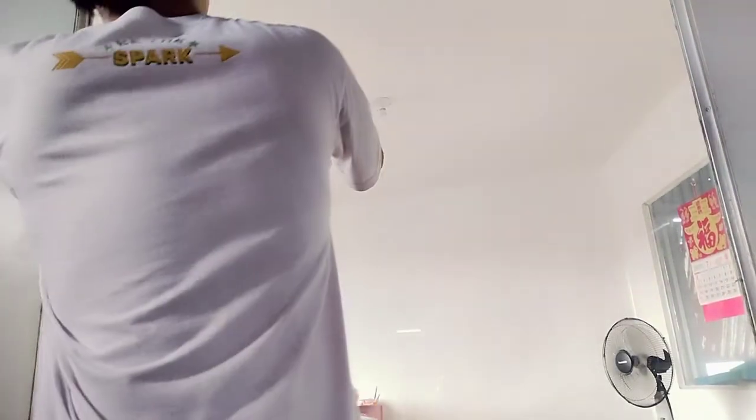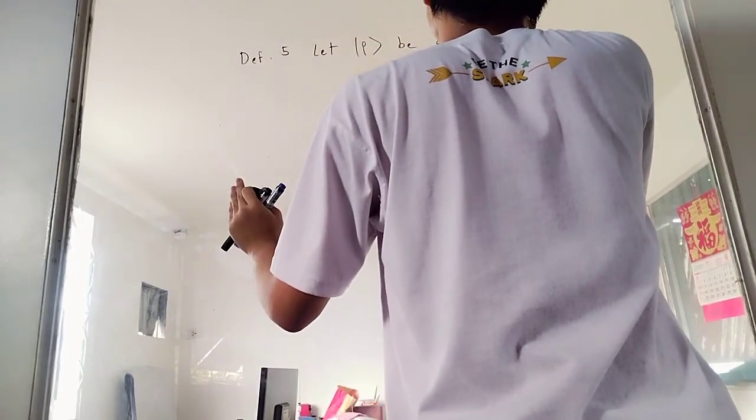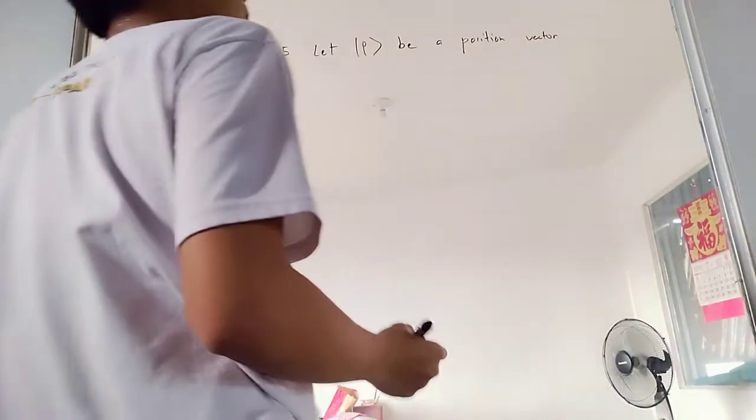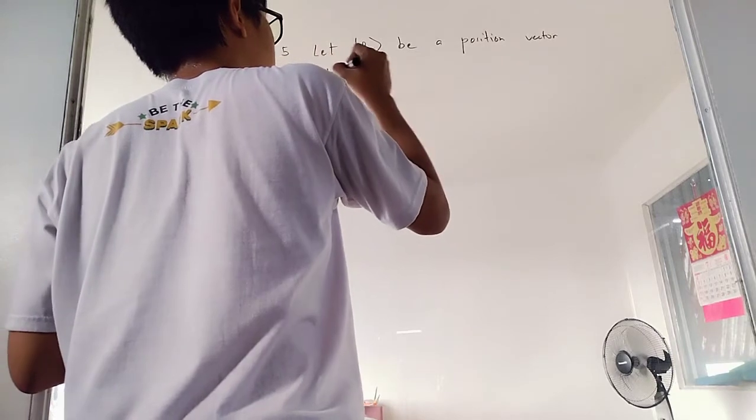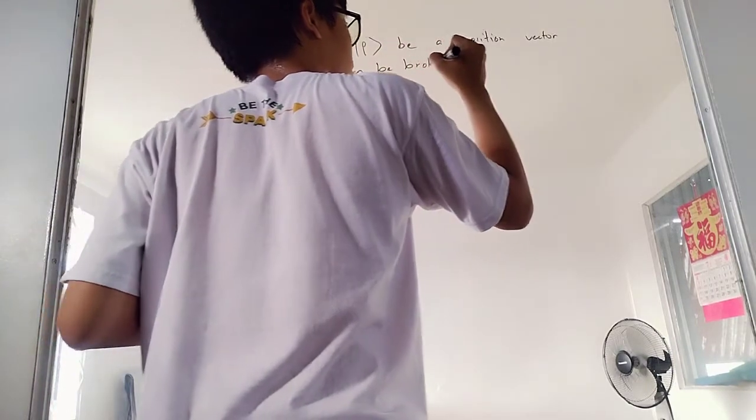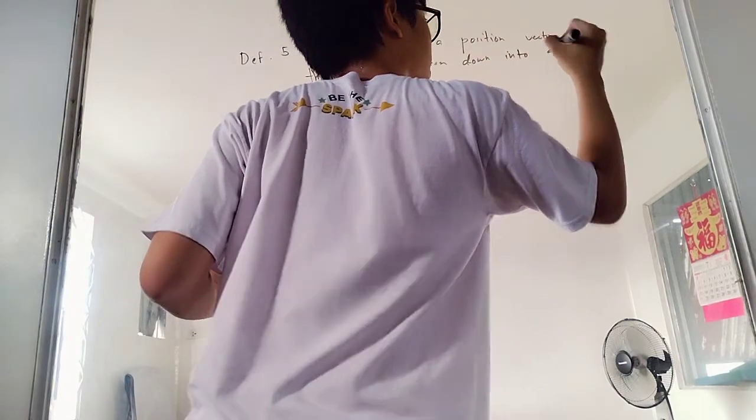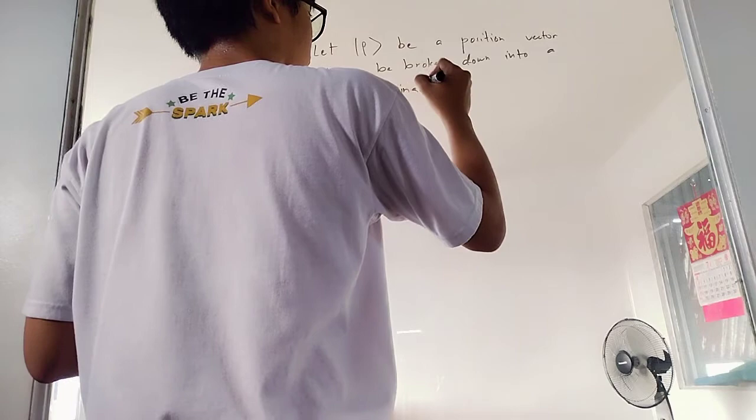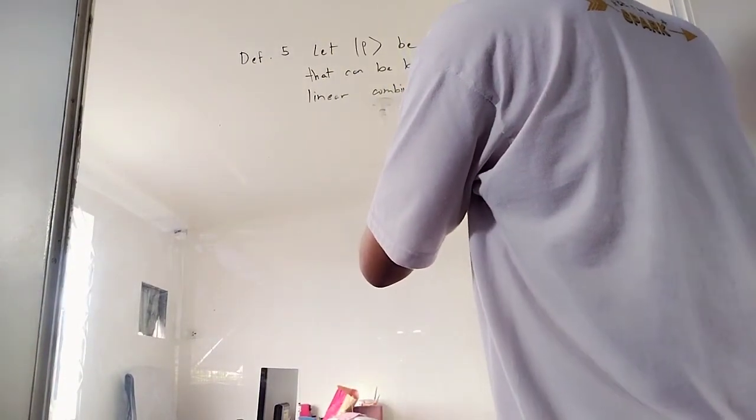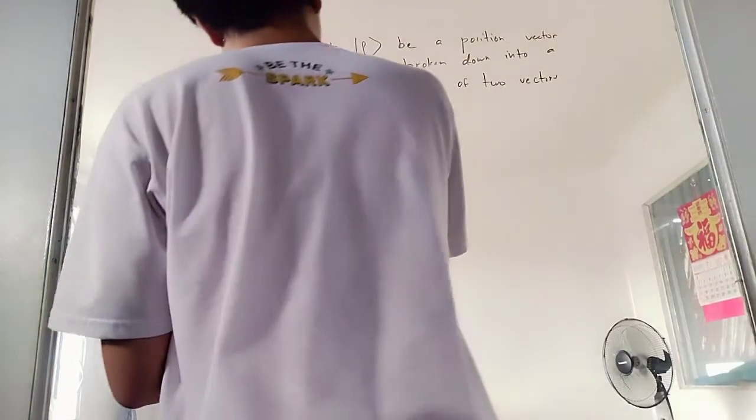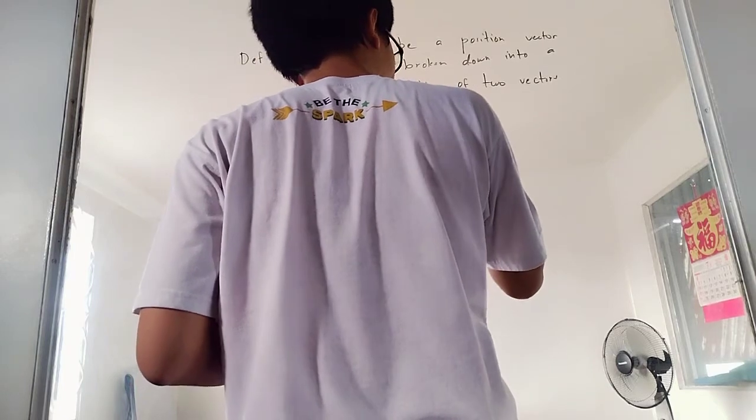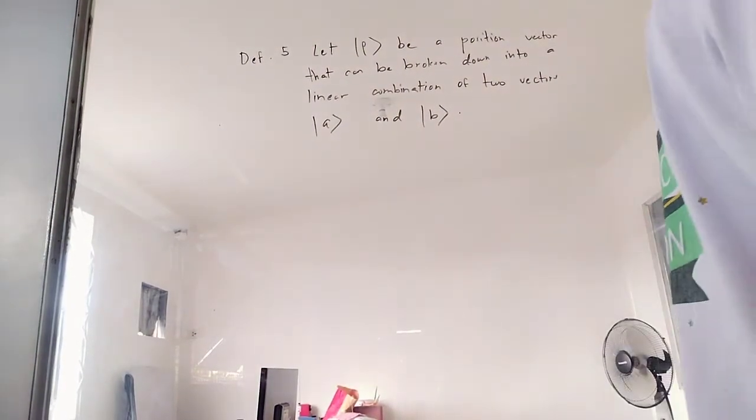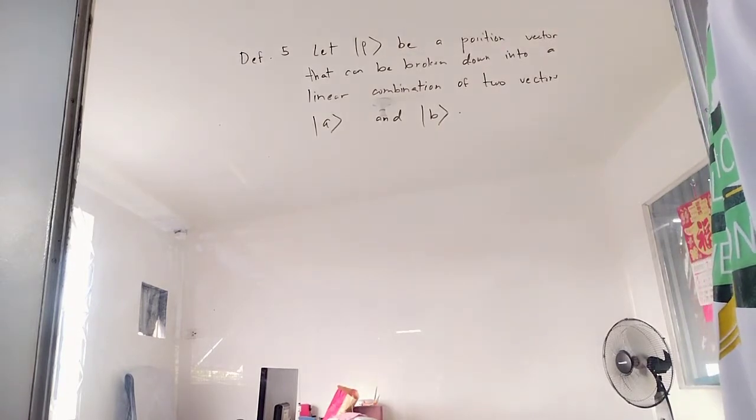Okay, now definition 5. Let P, a position vector, be a position vector that can be broken down into a linear combination of two vectors, vector A and vector B, such that